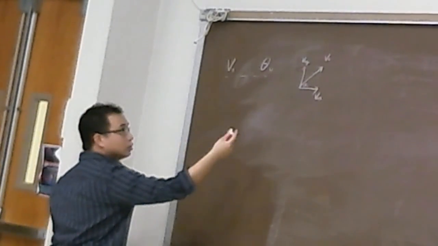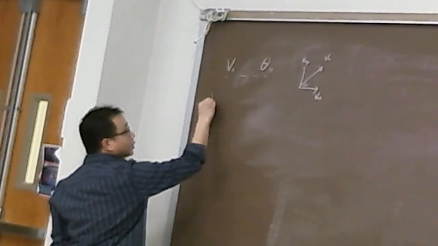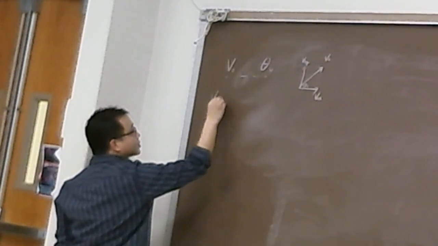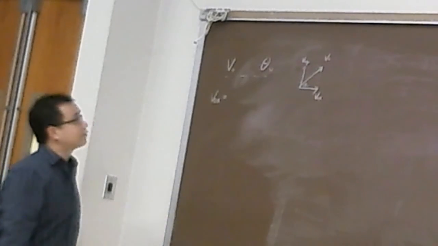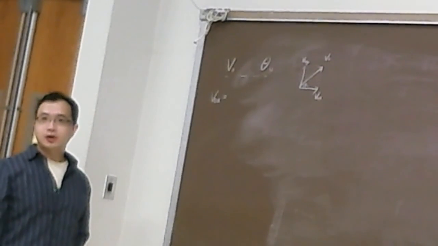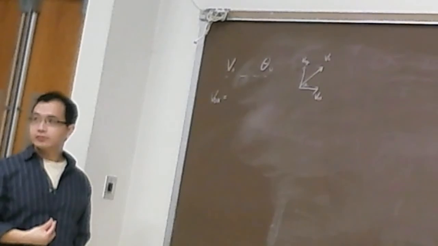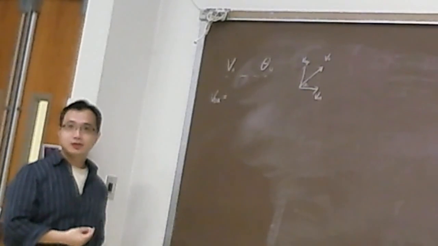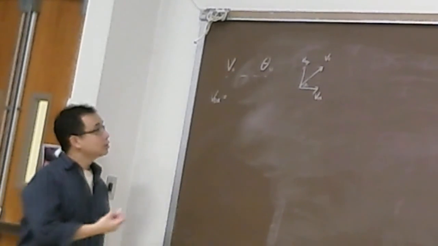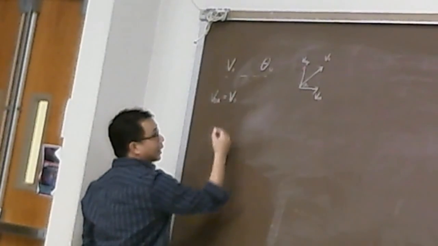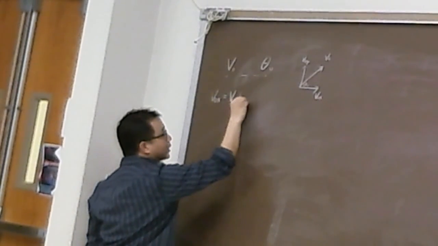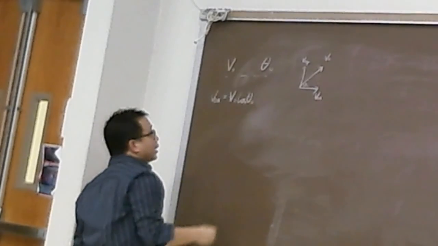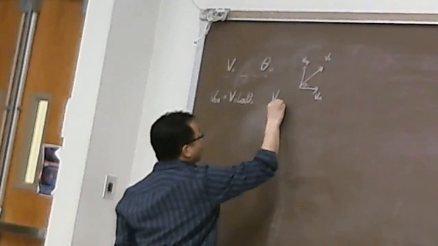According to trigonometry, how do you express v naught x in terms of v naught and theta naught? V naught multiplied by cosine theta naught. And v naught y will be